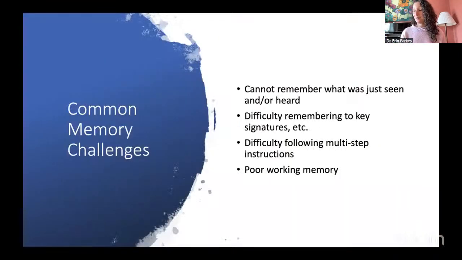Now, memory challenges. This is the last piece. Noting that on a lot of them, we talked about memory challenges, especially dyslexia and dyscalculia. They're mostly short-term memory or working memory. Short-term is kind of like remembering, for example, from your lesson to their first practice for getting there. Working memory is during what they're doing. So there's a key signature, remembering that key signature as you go through, that kind of thing.